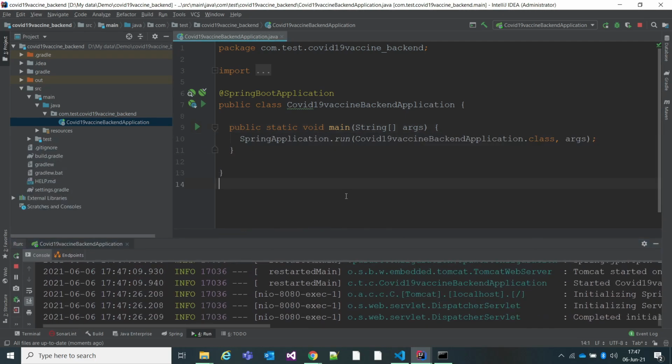So let us start building this. I'll be creating REST APIs for taking the data from the UI and storing it in the H2 database. Whatever you have entered in the UI, those details will then be sent to the query, which looks for the slots available for that particular pin code, and if available, it will send an email back to whatever email you have subscribed with.